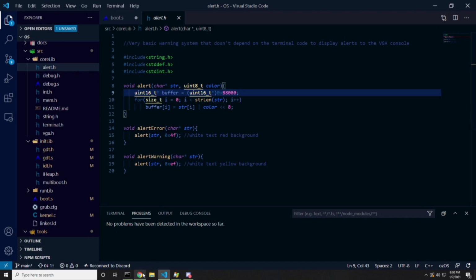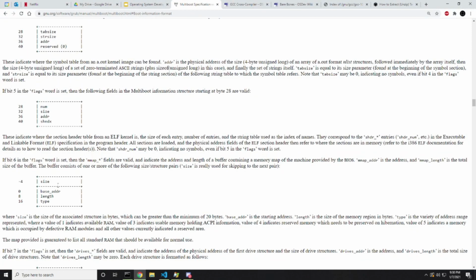So what grub is doing is passing in this structure, this memory map that tells us what sections of memory are reserved for memory mapped devices and what's free for us to use for our operating system. And when we want to develop our own stack and all of our own operating system code and all of the user space code that will inevitably be written, we need to know what areas are free for that. And of course, we're not even going to be touching on that tonight, but just keep in mind